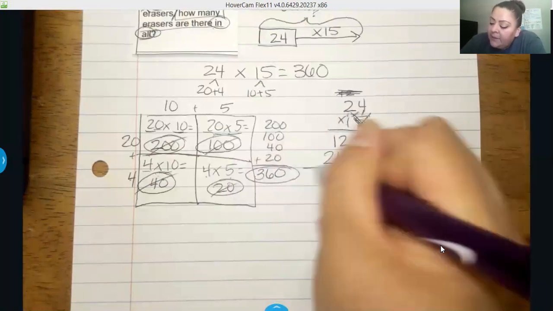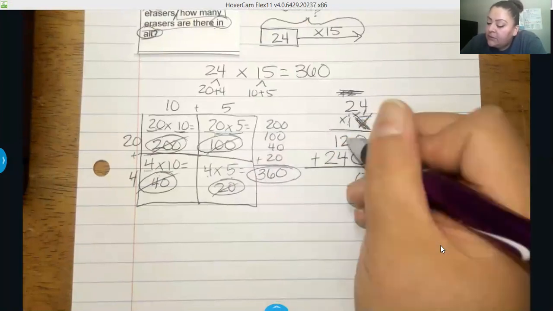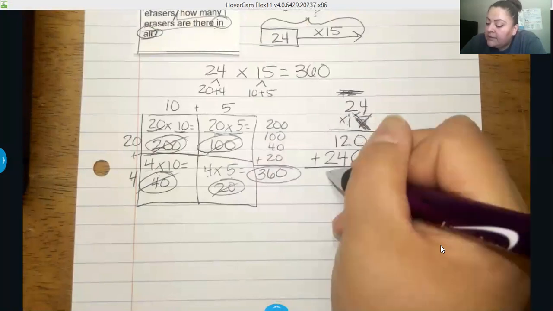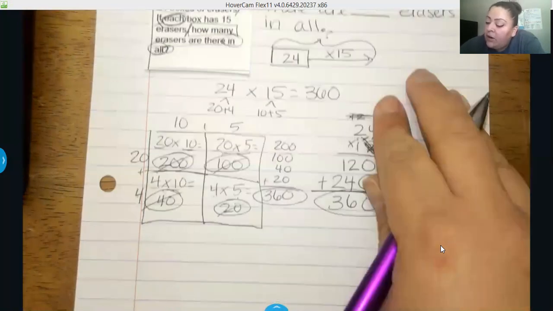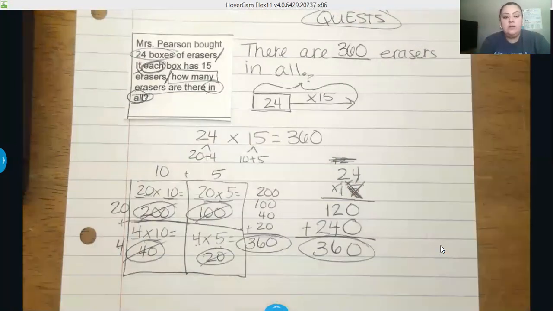Now I'm going to add my parts together. 0, 4 plus 2 is 6. 2 plus 1 is 3. I got the same thing. So there are 360 erasers in all. 360, guys. So I hope that we are seeing what's happening, how we're looking for different steps, how we're going